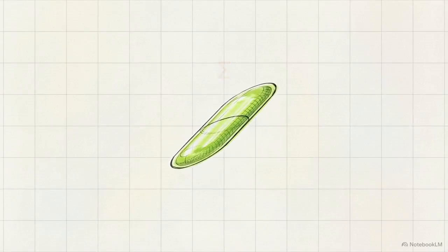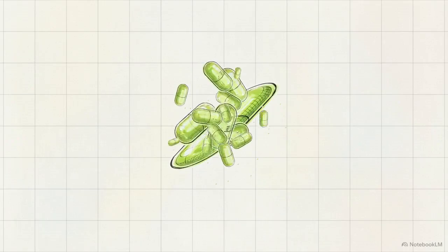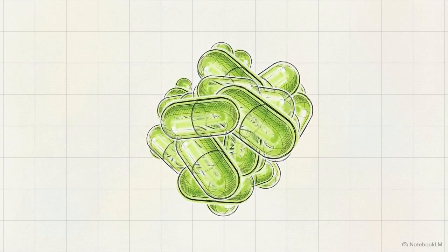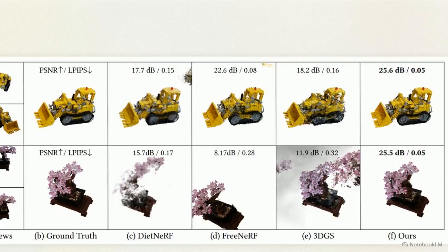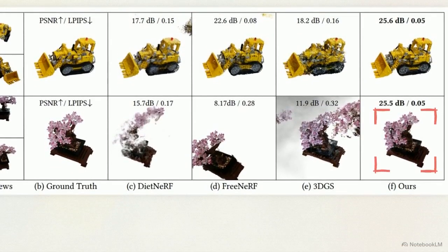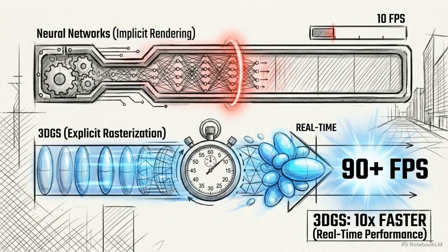Instead of plotting a hollow surface, it drops millions of individual points into a space and expands them into semi-transparent, mathematically defined ellipsoids. This comparison shows the visual result. The Gaussian splatting model on the right constructs the bulldozer and the bonsai tree by mapping light, color, and opacity to every individual ellipsoid. It skips the heavy processing required by neural networks, rendering highly accurate details at 90 frames